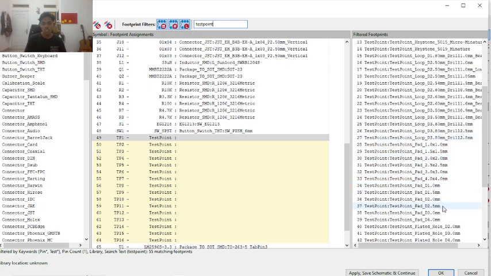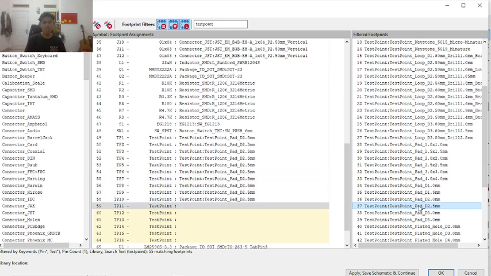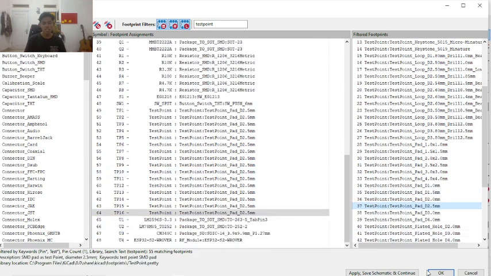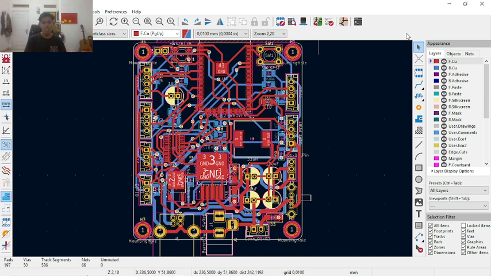Test point pad, I will use 2.5 maybe. I will use this for all the test point footprint, and then apply, save schematic and continue, and then OK, and then we will click switch to PCB editor.